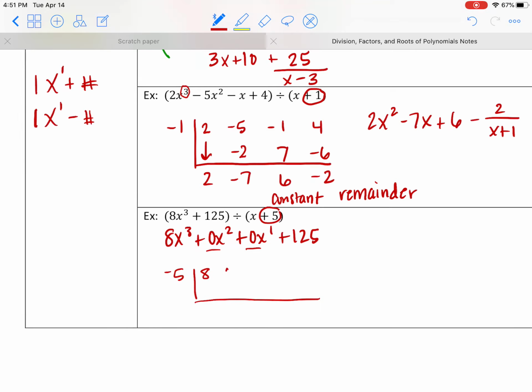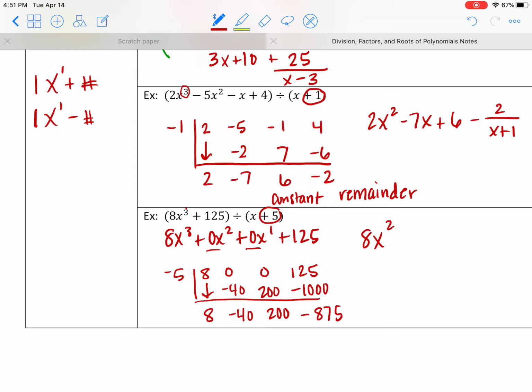So outside of the box is going to go a negative 5, and then inside the box we're going to put the 8, 0x squared, 0x to the first, and then my 125. So this comes down, we multiply, we get negative 40, add, we get negative 40, multiply, that's 200, add, that's 200, multiply, we get a negative 1,000, and then add, we get a negative